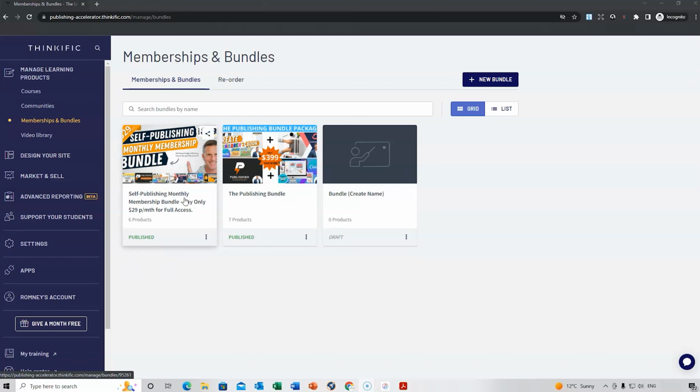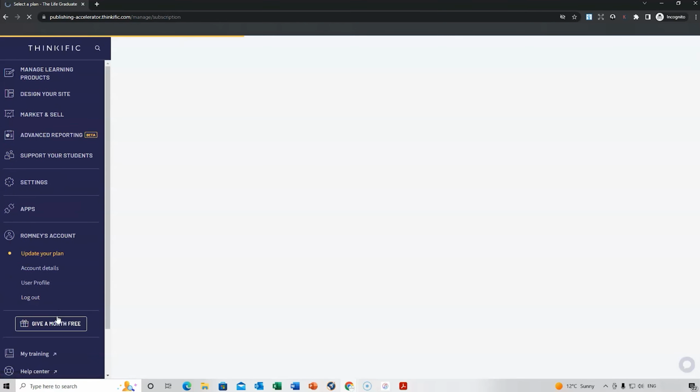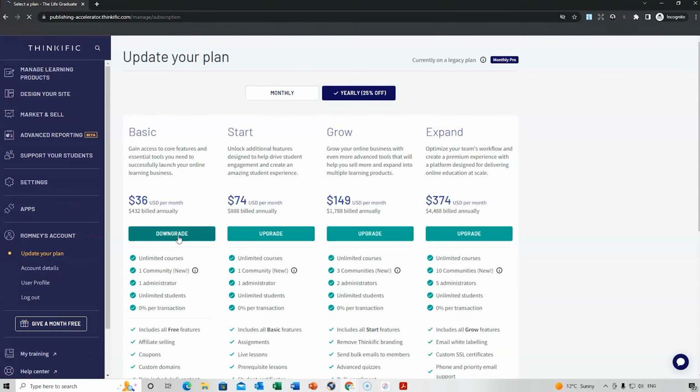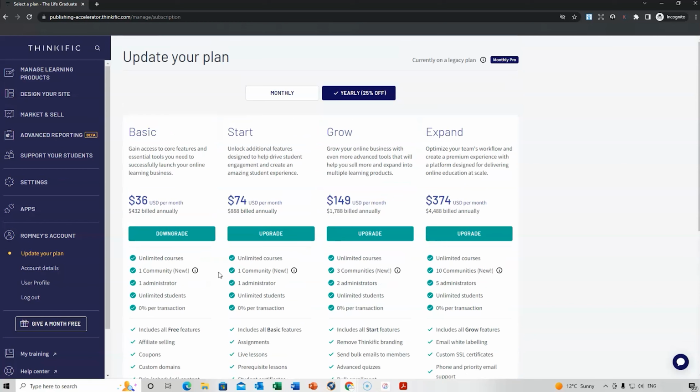Now, if you wanted to, after your free trial of your 30 days, what you'd need to do is go down to your account. You'd have your name there, and you go to update your plan. Now, if you go to the update plan, then you can upgrade, downgrade, whatever you want to do. And that means that you can adjust accordingly if the plan that you're on isn't suitable. And this will give you all the information about each of those plans. And that's where it's important to look at and decide what's going to be best for your account for the future.